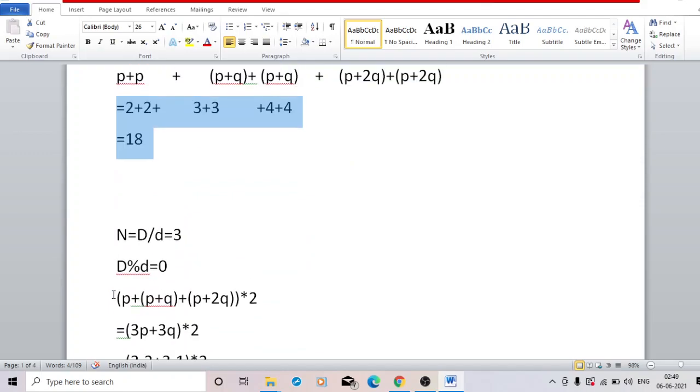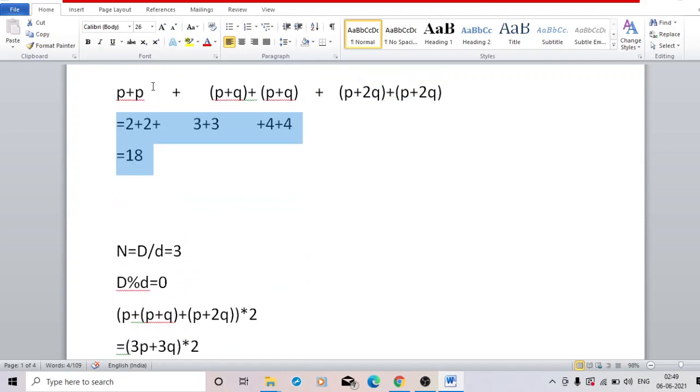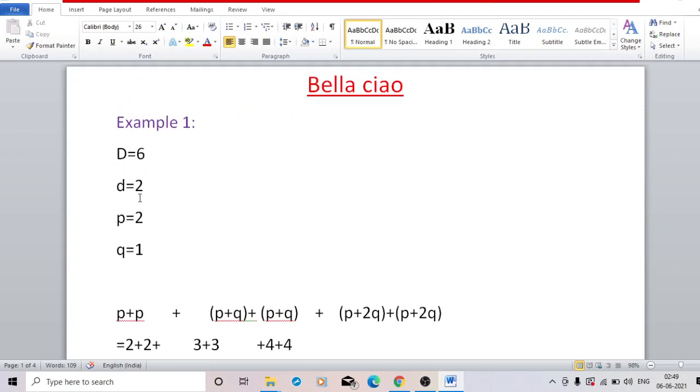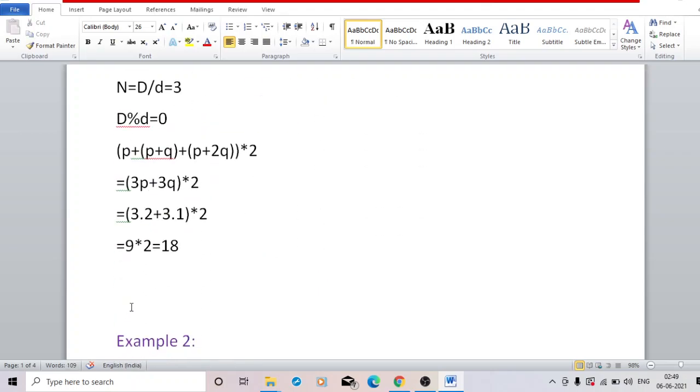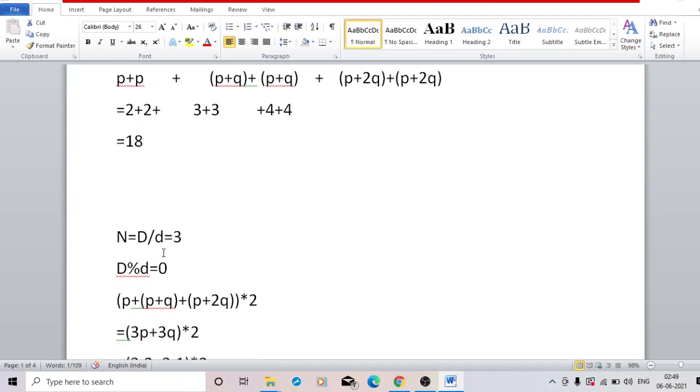Now see, if I take a common 1P from here, 1P plus Q from here, and 1P plus 2Q from here, and I multiply it with 2. 2 is the small d, because in each interval this is repeating 2 times. It will give me the same result. Okay,